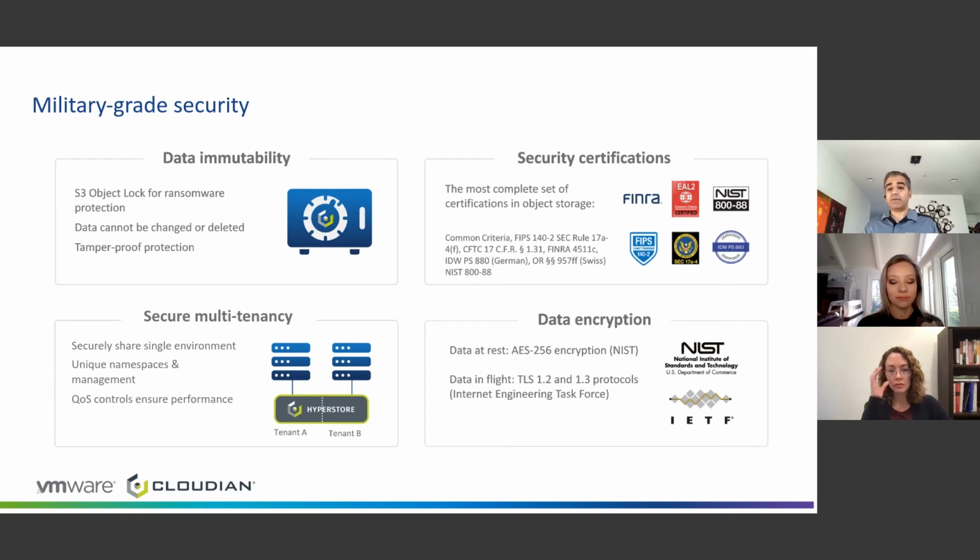Secure multi-tenancy features allow multiple users to share the common infrastructure while maintaining full separation of storage and data management domains. And finally, Cloudian incorporates one of the best, the most robust encryption capabilities for data at rest and in flight. These are following the stringent standards set by National Institute of Standards and Technology and the Internet Engineering Task Force, IETF, and NIST. With that, I've given you guys a little bit of a primer on what Cloudian is,